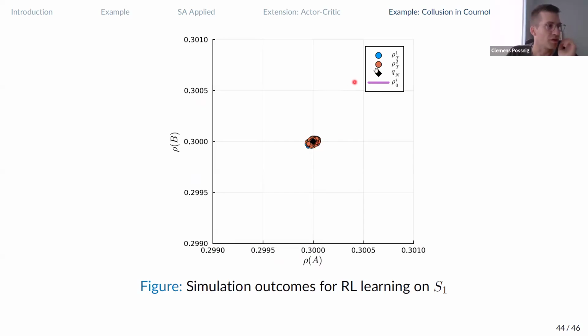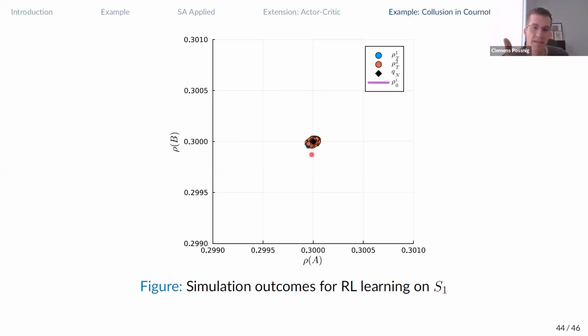And blue and orange dots are simulation outcomes for two reinforcement learners that learned policies over time, under, I don't know, a couple million iterations, all of them from a global initialization ended up close to this static Nash equilibrium. So the competitive outcome has been learned with probability 1 in this case, under the state variable.